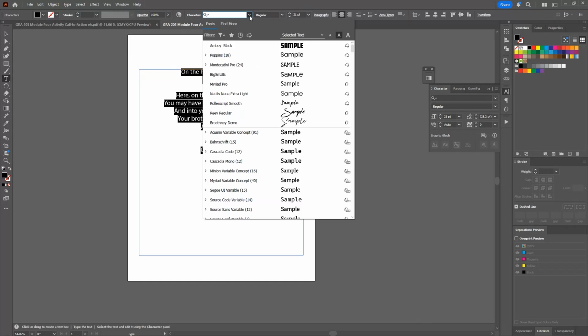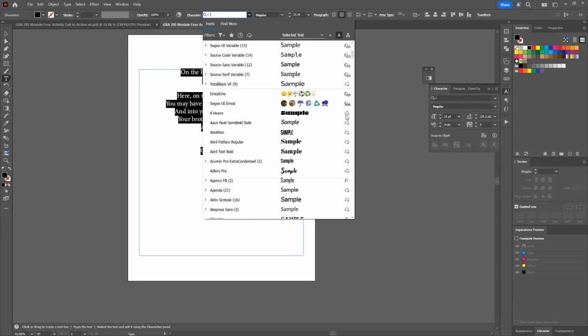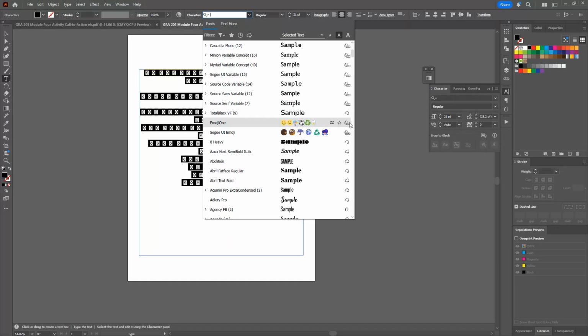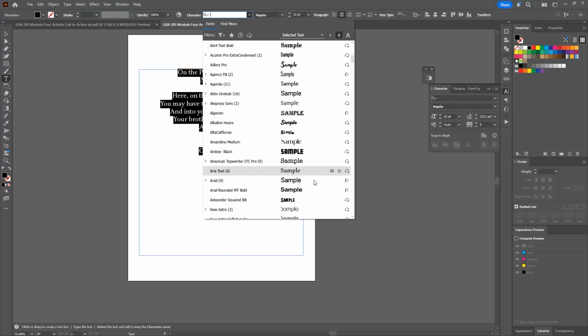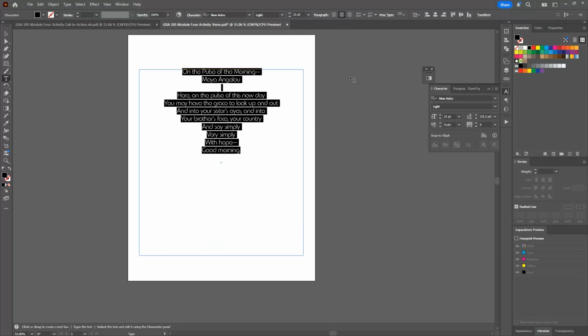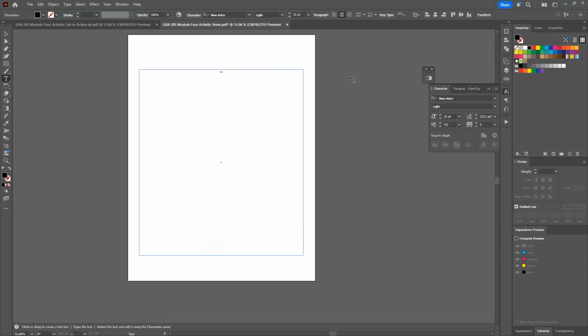So I'm going to show you my font library, and you can see all of these little clouds here. These are all Adobe Cloud fonts that I have installed. And of course, I have regular OpenType and TrueType fonts. These are mainly like my system fonts that you're seeing here. I have some Google fonts added, but you can use fonts from anywhere. I always in the past have used dafont.com. What I like about Adobe fonts is you don't have to download anything to your computer and then unzip it and then install it. It just makes it very easy and integrates really nicely with